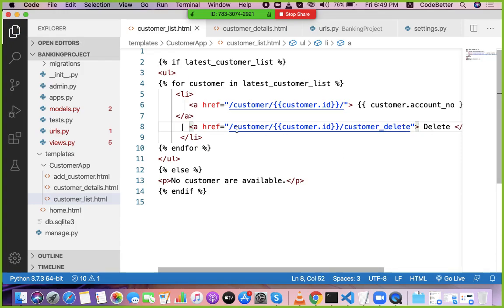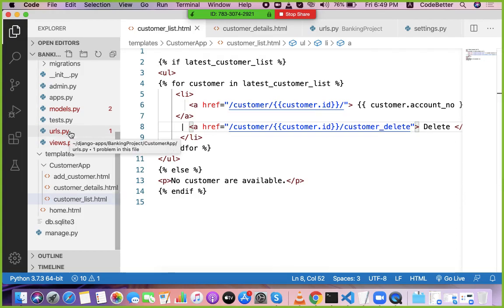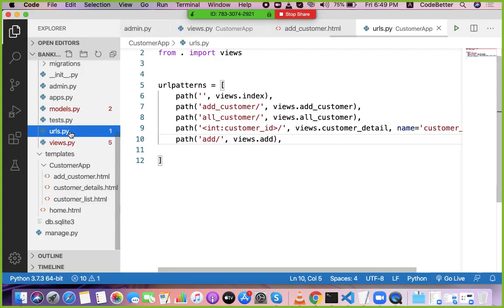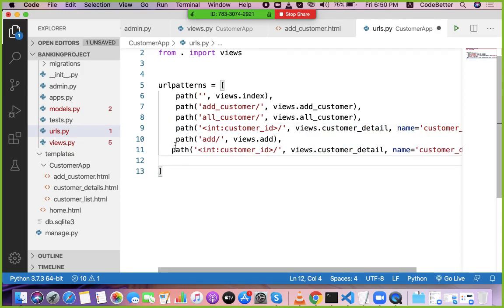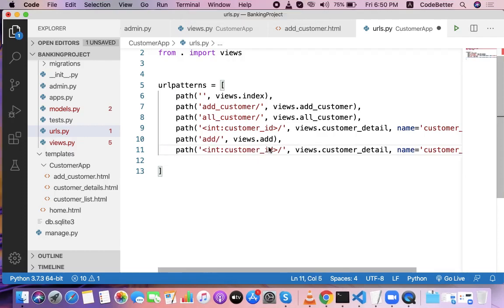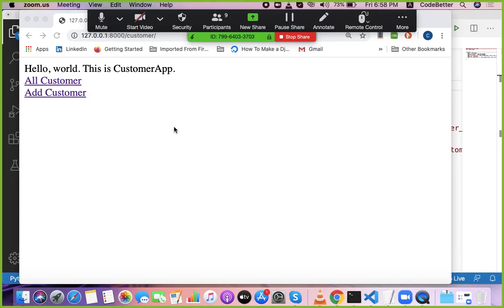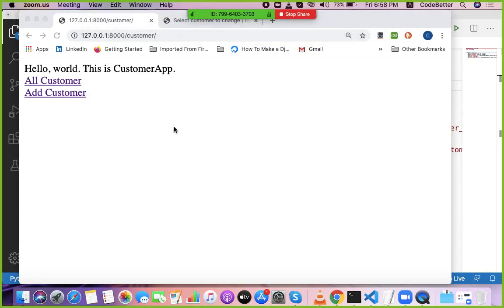So let's make this the URL. Let's go to urls.py first, and similar to the customer detail, we can create a URL for customer delete also.